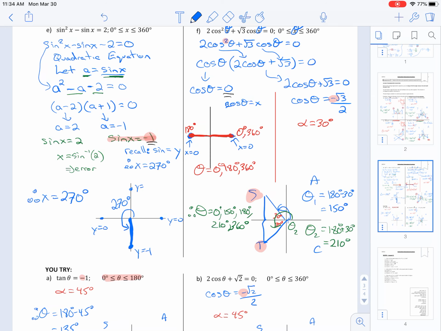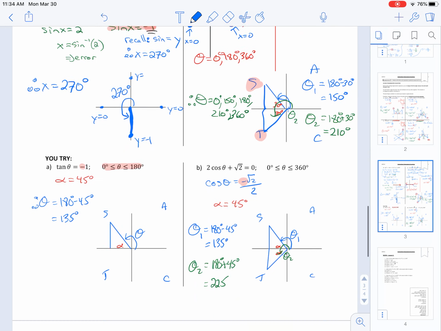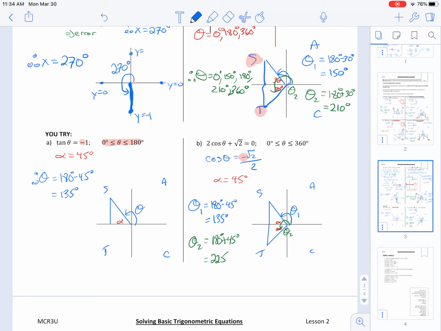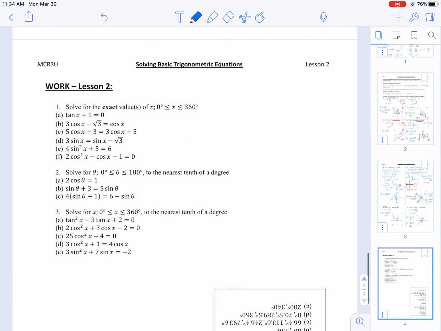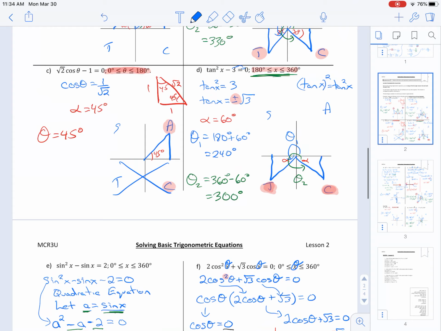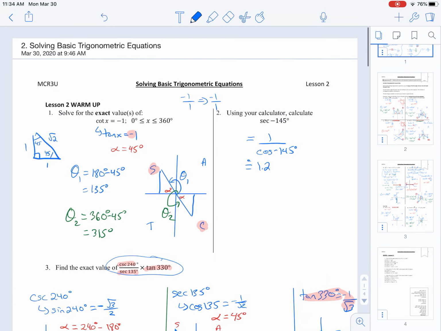So if you need to, I will definitely help to explain those more in our extra help session at the beginning of class. So you can try out these try questions. There's a couple there. They're not too bad, and I don't think they need a lot of explaining, but you can go through them. And then you can try these questions for your homework. Again, I will start off the class